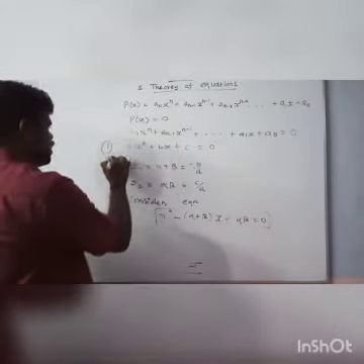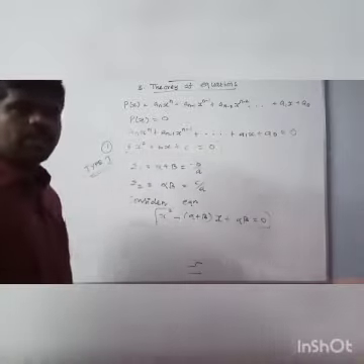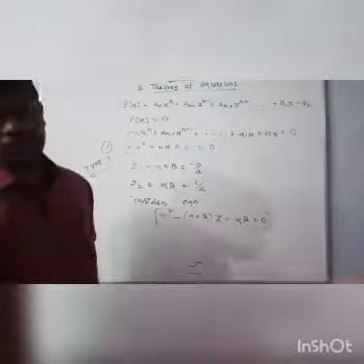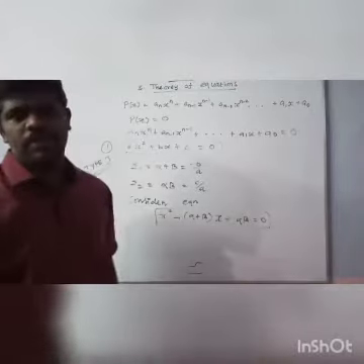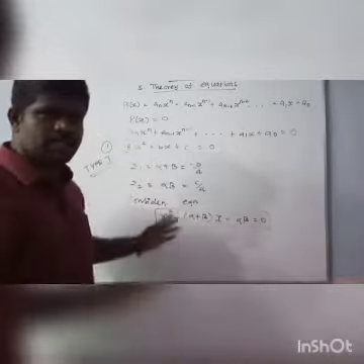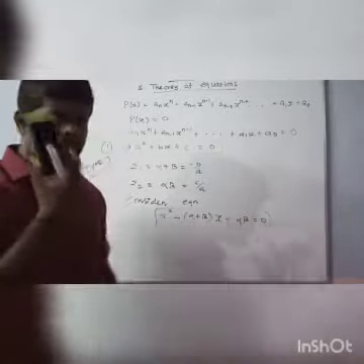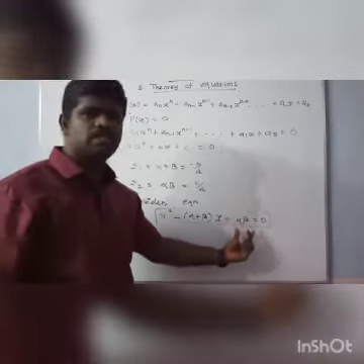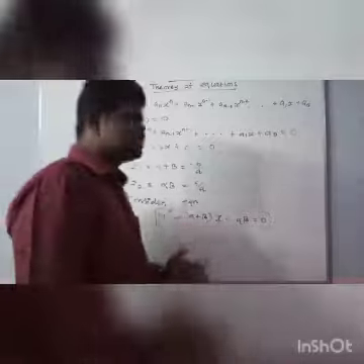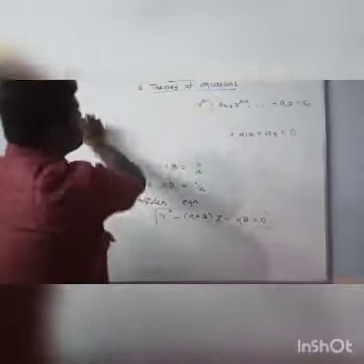This is type 1. You understand? Type 1 is the quadratic equation, and further type 2s are there, type 3 are there. So differently we have to discuss. First you understand this: x square minus alpha plus beta into x plus alpha beta, because this is the sum of the roots, this is the product of the roots. Okay, right. Now discuss one sum. Type 1, we discuss one sum.